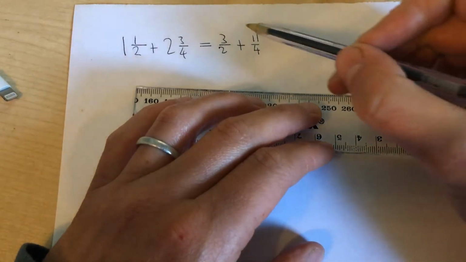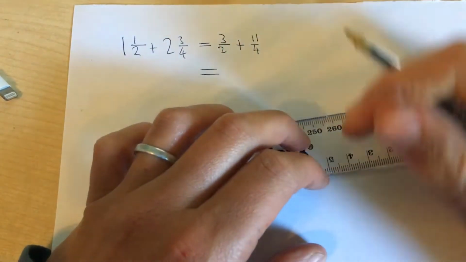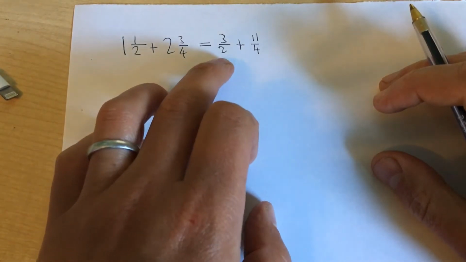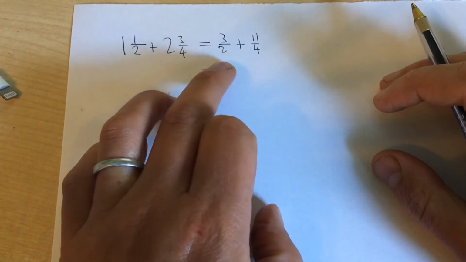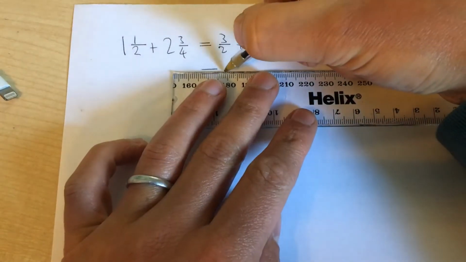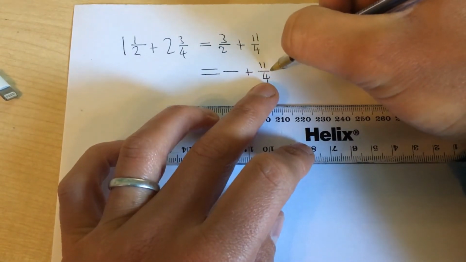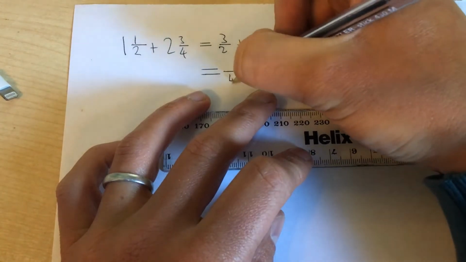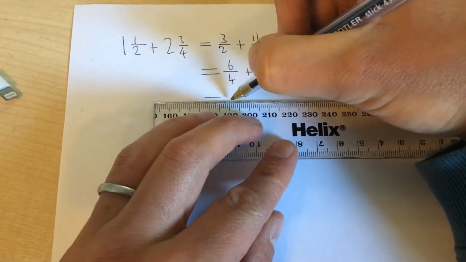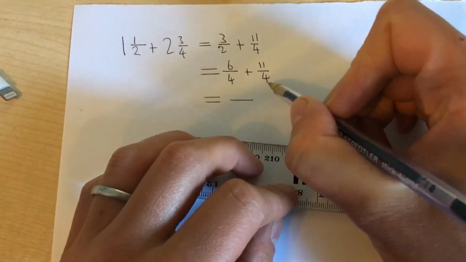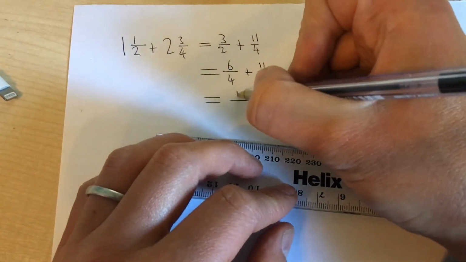11/4. Now I have it in this format, I can use the same method that I do for adding fractions. So I'm looking for a common denominator of 2 and 4. I'll notice that 4 is a multiple of 2, so I can use a common denominator of 4. 11/4 stays the same, but 3 halves is the same as 6/4. Now, because the denominators are the same, we can add these two numerators together. 6/4 plus 11/4 makes